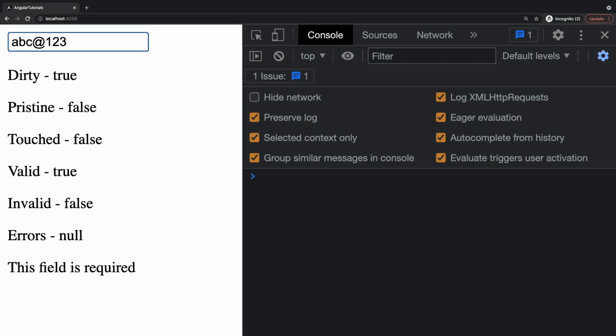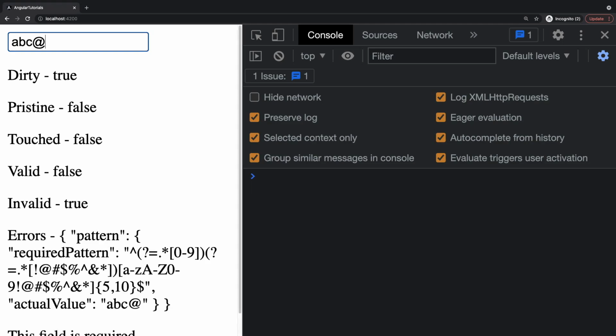So if you see here, I have entered one special character, one number, and at least one alphabet along with 5 characters. So that is how you are seeing the validation. If you go back and remove the number, this is not having the number, and in the errors object you are seeing a pattern match error. So required pattern is this one, but actual value whatever we got is at the rate ABC.